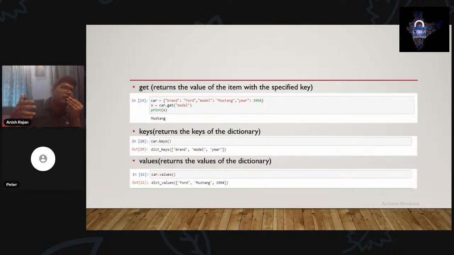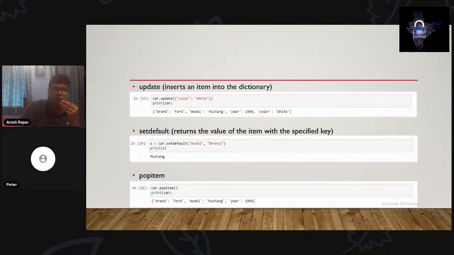For example, for some reason, I have a dictionary and I want to check all the keys of the dictionary. I want to see what all keys are within my dictionary. So I use this syntax. And likewise for values.